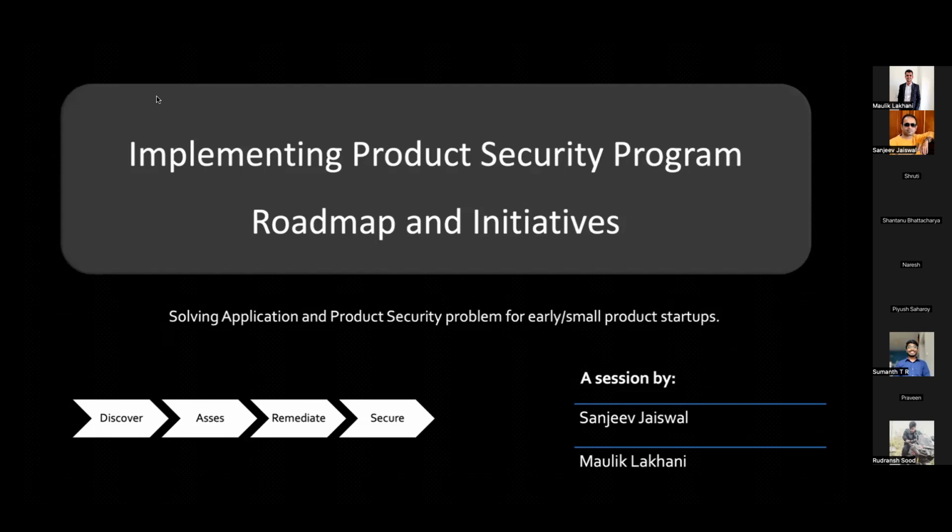This session won't cover exactly the career roadmap, but it will tell you exactly how this kind of product security program runs. So you will know, when you are coming into this product security domain, what are the things you have to do. How the shift left approach matters, and what are the different steps that we take. We start, let's say, from discovering the assets, and then we tag all those things. What are the problems we face? All these things, Maulik and I will try to cover. Maulik will lead the session, and we will first introduce ourselves before starting the topic.